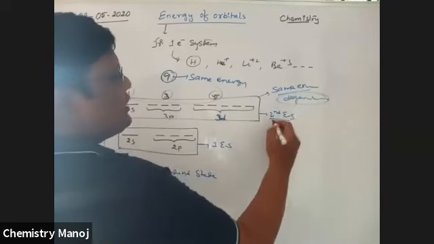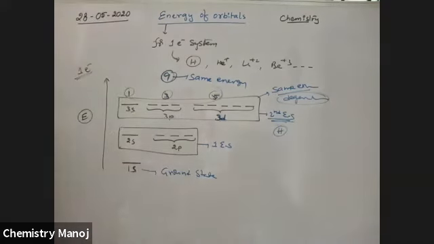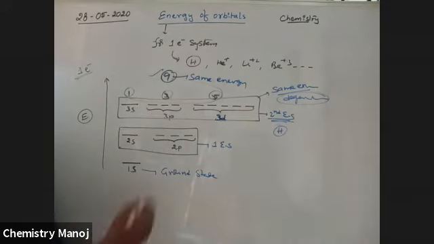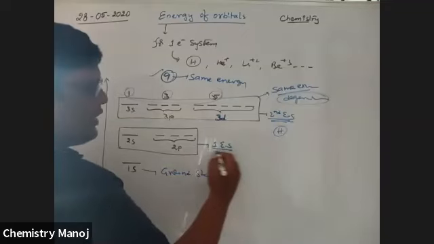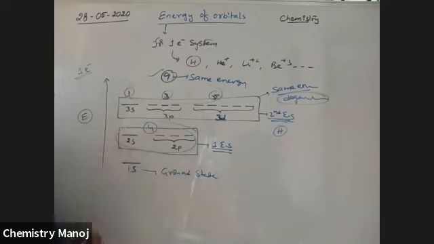So what is the degeneracy of the second excited state of hydrogen or hydrogen-like species? Degeneracy is equal to 9n for the second excited state. For the first excited state, how much is the degeneracy? Degeneracy is equal to 4n: 4 orbitals having the same energy n. Here there is only 1 orbital, so that is not considered a degenerate orbital.